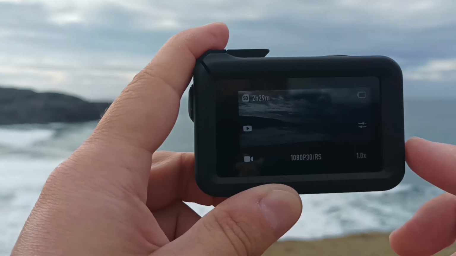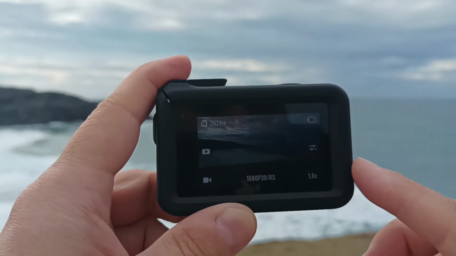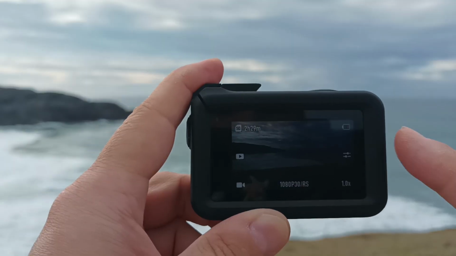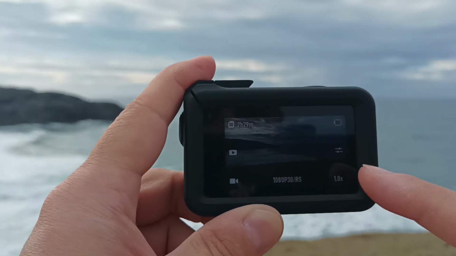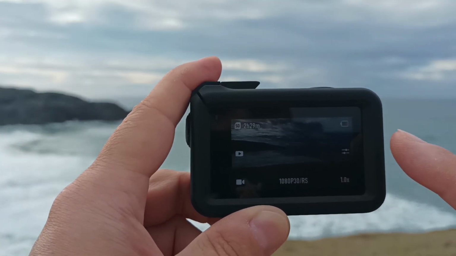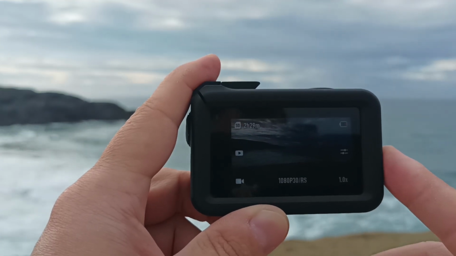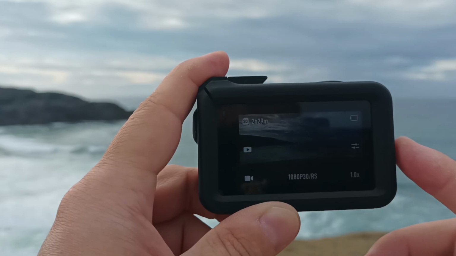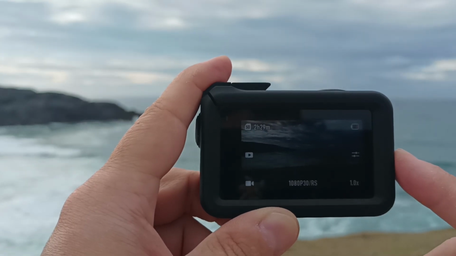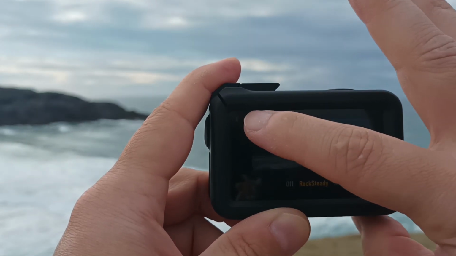Now I'll be switching different settings, showing how I do it on the camera, and then we'll put into the video the real video taken by the action camera. I'll be using the regular 1080 pixel resolution, and I will be going through different stabilization settings. And let's go to